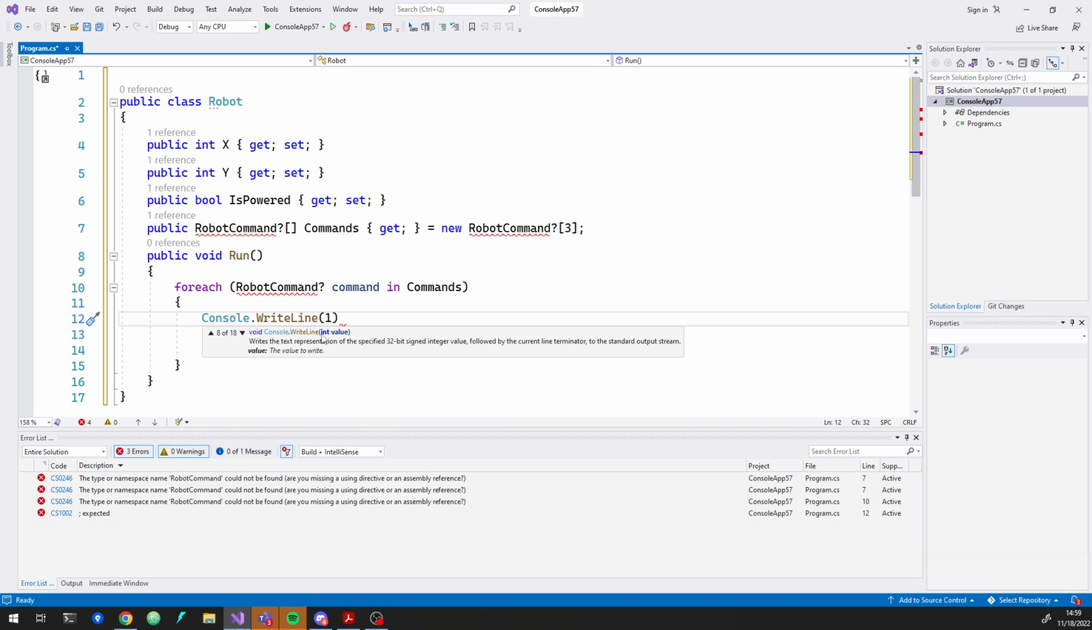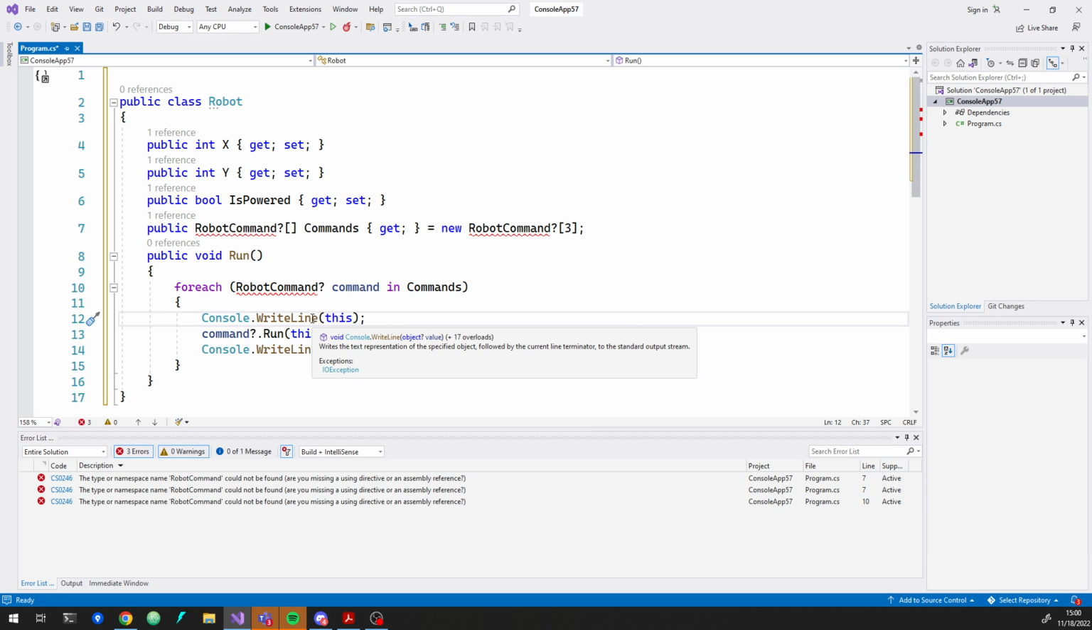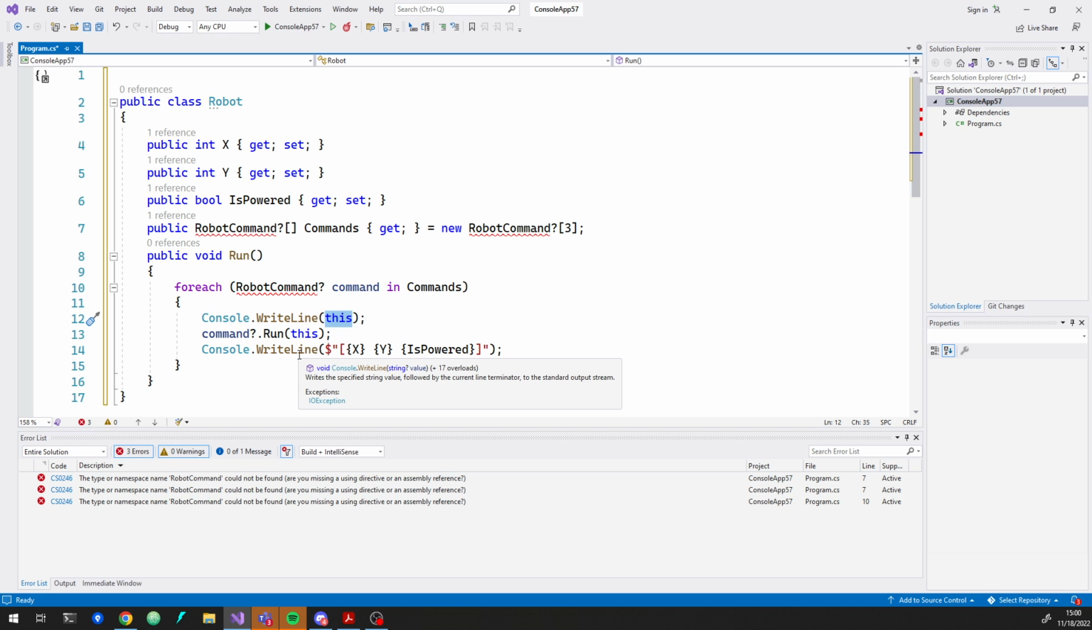It's calling the version that has an int parameter. When I pass in this, it actually is calling the version that is this one right here, an object, a potentially null object. And Console.WriteLine, when it's called with just any old object, it will call the object's ToString